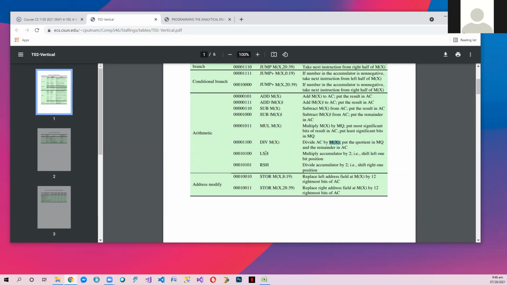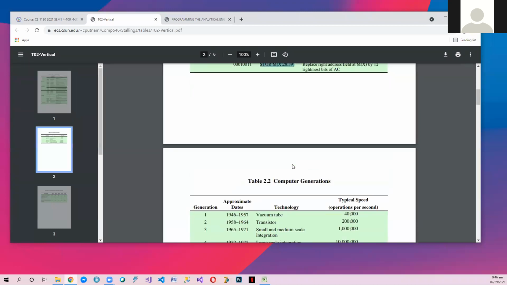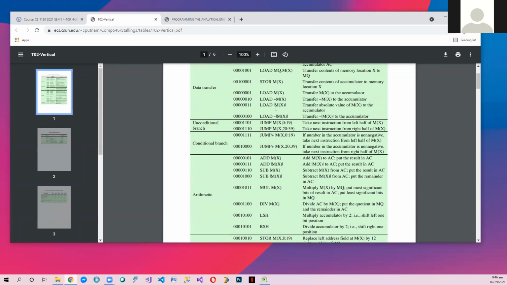We have left shift, which multiplies. When you shift to the left, being binary, it will multiply the binary number by 2. Shift to the right will divide it by 2. We also have half stores, store to the left and store to the right. Do you follow? And then we have here